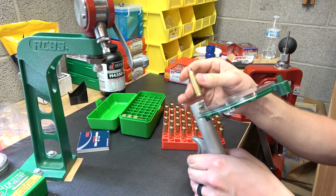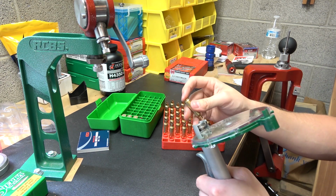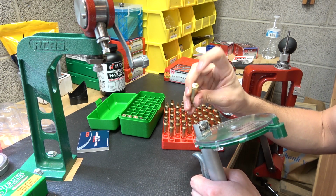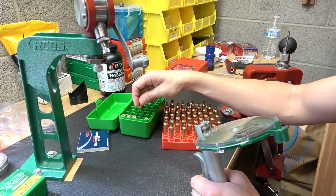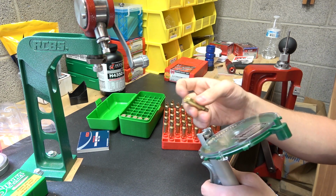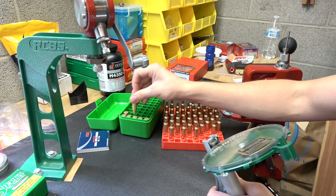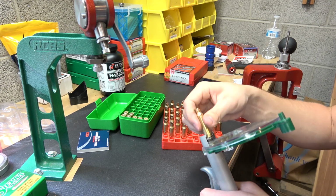As I said, I'm back to the Hornady hand priming tool. The Lee tool that I had been using was leaving half moon impressions in the primer. And for precision work like this, I didn't want to do that. I don't know if it will cause any damage or throw off the extreme spreads or anything like that, but I'm not taking the chance. So I know this tool